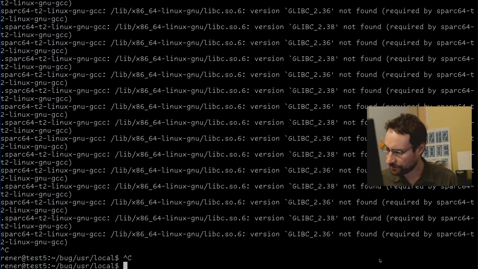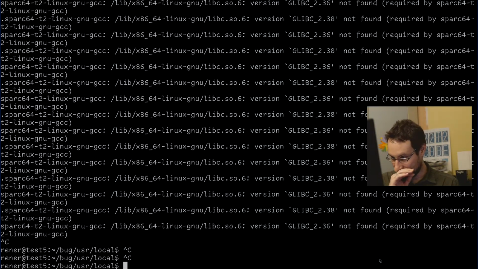Okay, that doesn't work. Ah, shit. Okay, but of course our T2 glibc is newer. Linux ABI and API compatibility at its finest. But